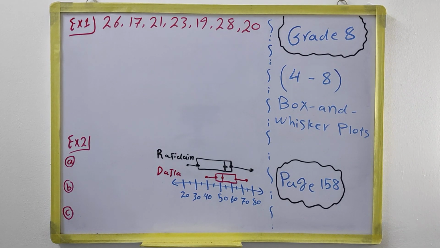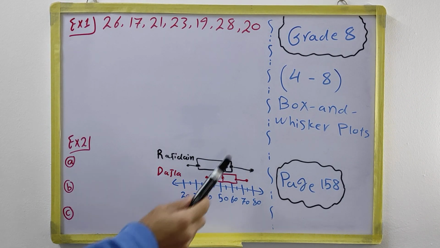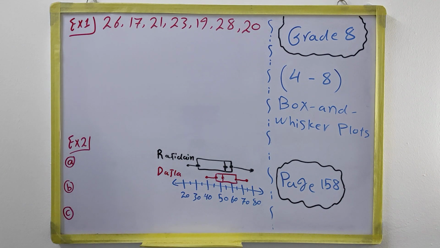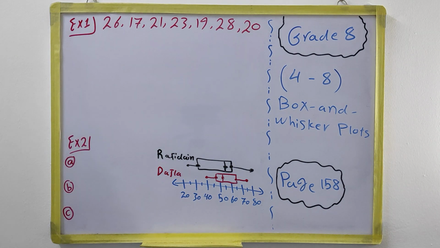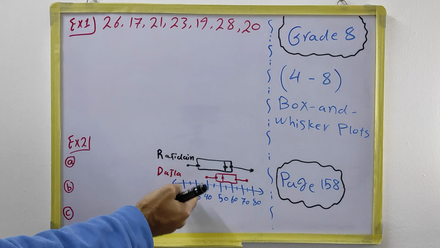Hi everyone, in this video for grade 8 we have chapter 4 section 8, which is about box and whisker plots on page 158. Whenever we have a set of data, if the question asks you to make a box and whisker plot, we can make it, or if we have another type of question where the box and whisker plots are given,